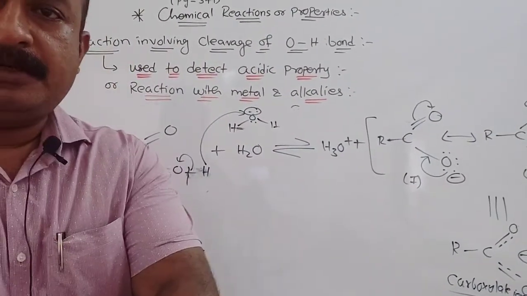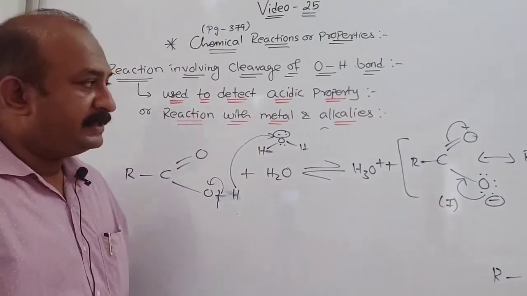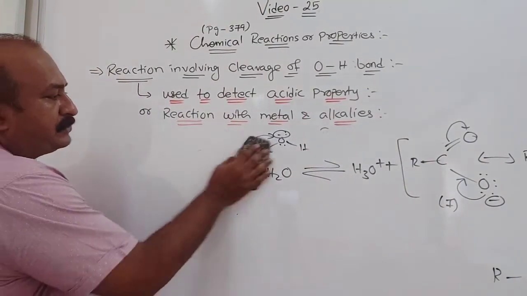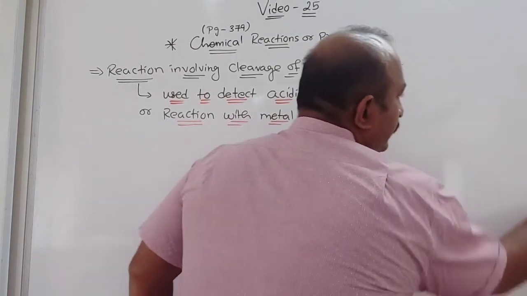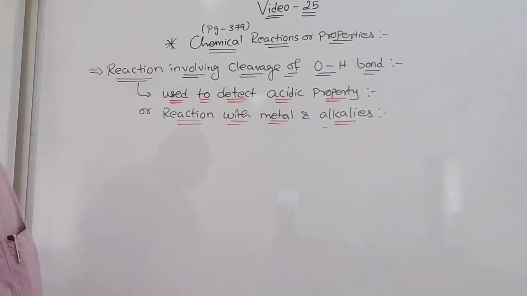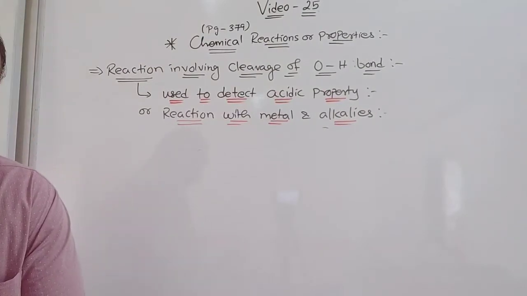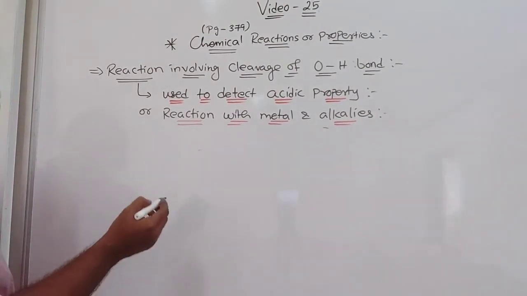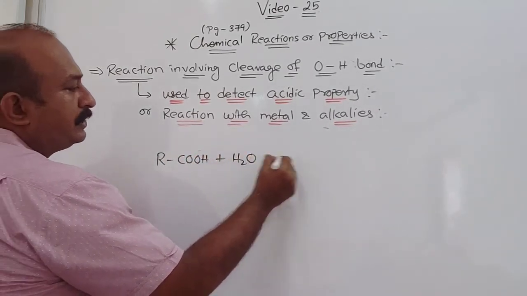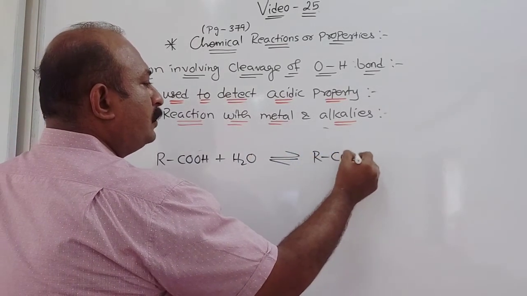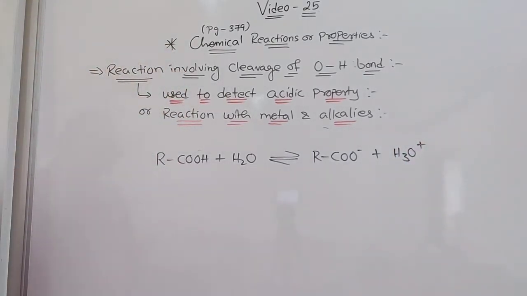Now when we talk about this part, that is regarding the carboxylate ion, suppose I write a reaction, and from that we will write the acid dissociation constant, that is Ka. In your textbook, a topic is given for this, for a given reaction. I write it like this: RCOOH plus H2O gives RCOO minus plus H3O plus. This is the reaction I am talking about.